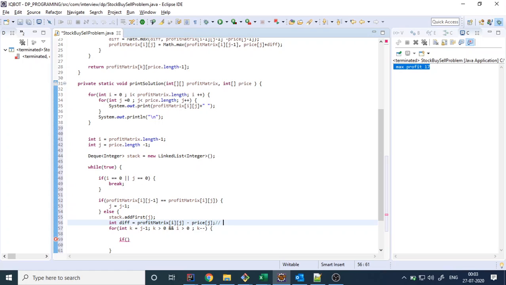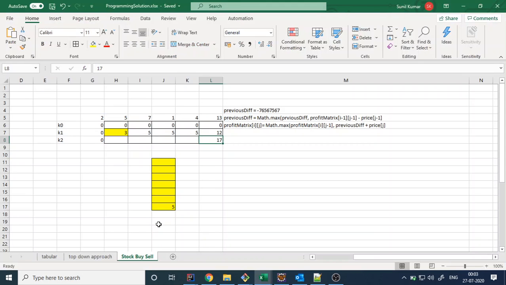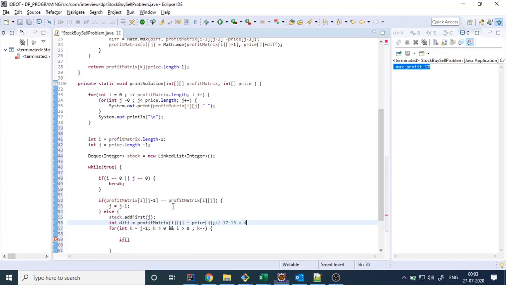Here basically you will get 17 minus 13 equal to 4. As per this current data, you will get the 4, right? Now